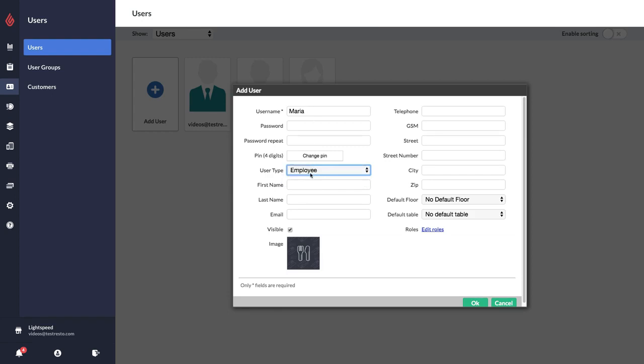Otherwise, if it's an employee user type, the username only needs to be unique in your account, so normally the first name is fine. And then you can decide if you want them to log in with a password or a PIN. So either of them are fine, it just depends on which you prefer. If you do decide that you would like them to log in with a PIN, let's just say their PIN is going to be like that,